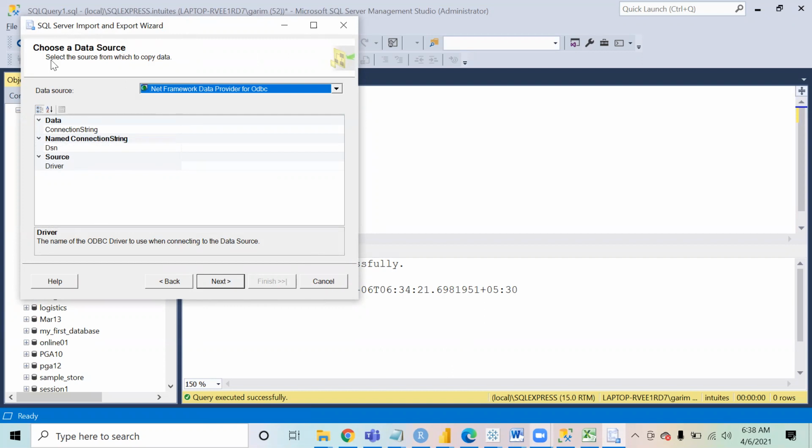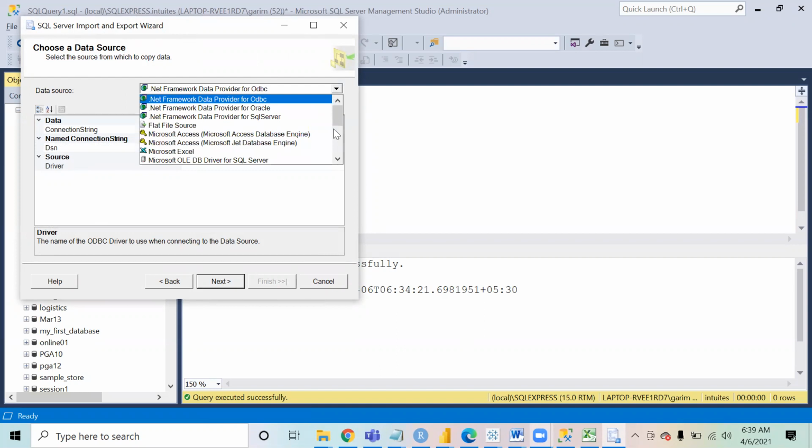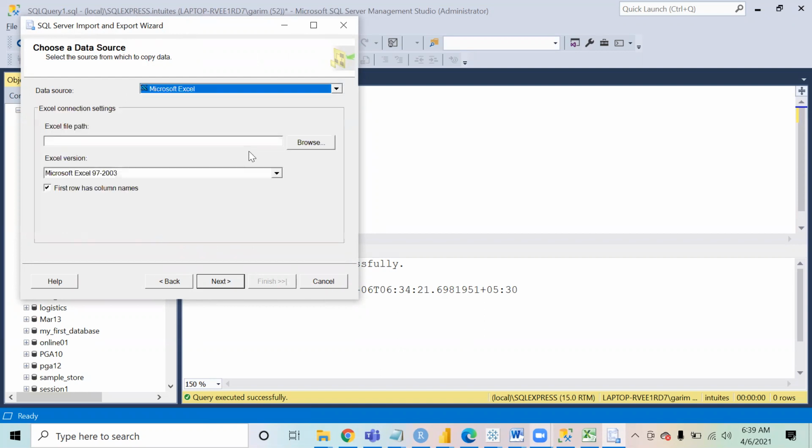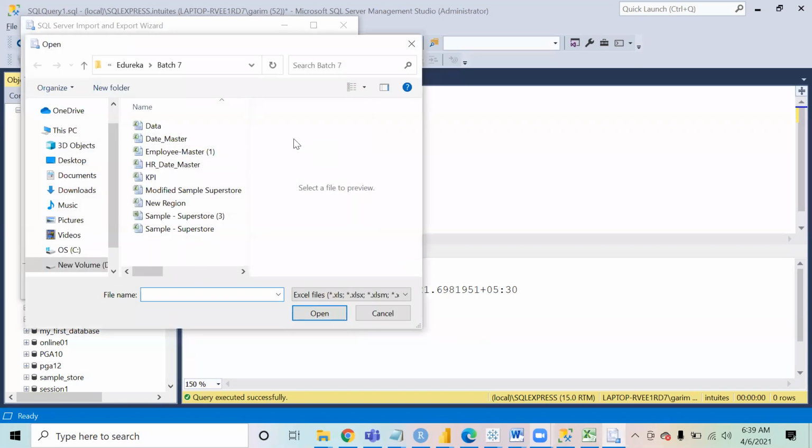Now, the first thing is SQL Server is asking us to choose a data source. Data source means select the source from where you want to copy the data. I have to copy the data from Excel, so I will choose Microsoft Excel from here. Then you click on browse and go and select that file.